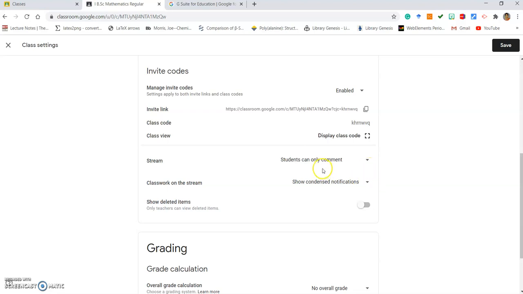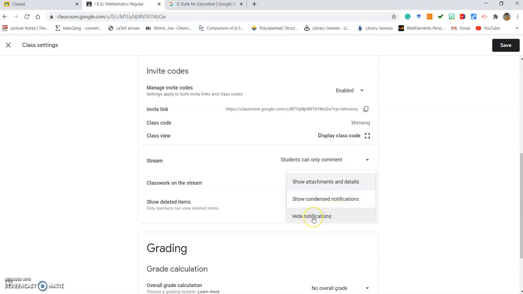This one shows, suppose you are typing and attaching some documents, it will show only the text, not the attachment, in the condensed notification. Suppose I have some attachment and the notification or the title, this will show everything. And this one, hide notifications, will not show anything.